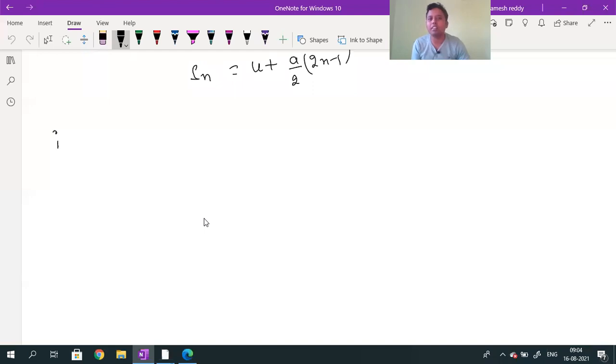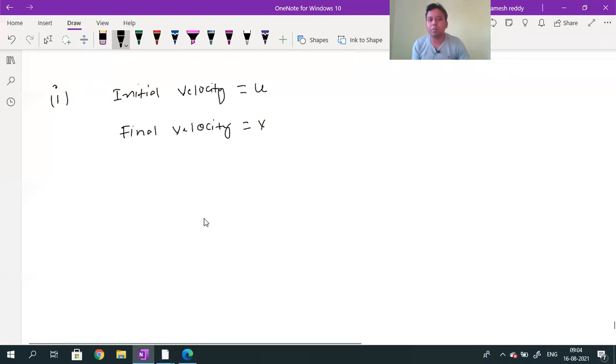So today, the first point. For example, a body is initially moving with a velocity u. The initial velocity of the body is u. Now the final velocity of the body is v. If they ask to calculate the displacement of the body after a time t seconds, the displacement s will be equal to how much?